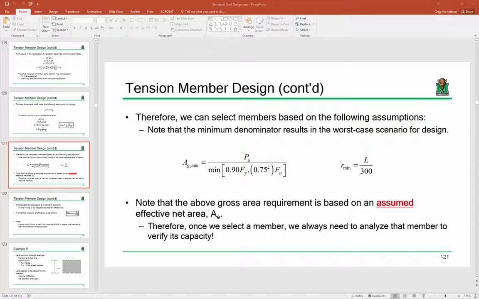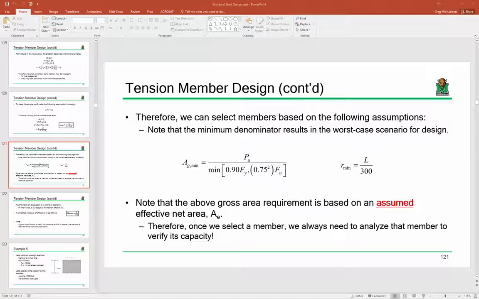All right, so this is a quick makeup video that we're going to go through to make up for, I believe it was lecture 9. This was the lecture where we went through and did a full-blown design example of a tension member. We had some technical issues during lecture, so I decided to post this quick video just summarizing the results of